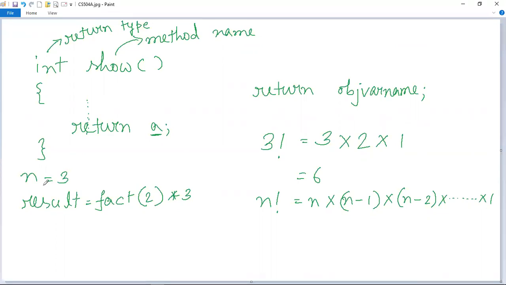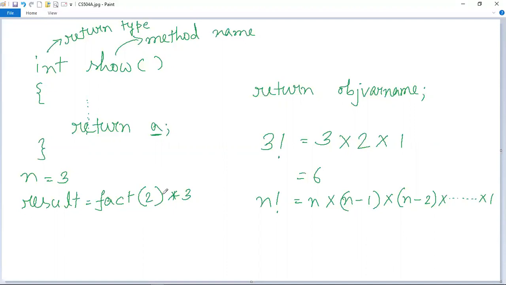That means when this fact method is called, suppose there is the fact method written here, I have not written it. This is the recursive approach, where the recursive approach has been taken. This is the statement that has been written in the program. So basically when the call is made for the first time using the value of the n variable as 3, that call will again call the same fact method with the value 2,